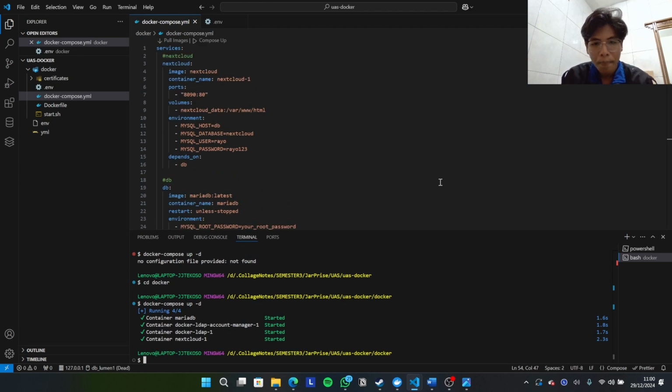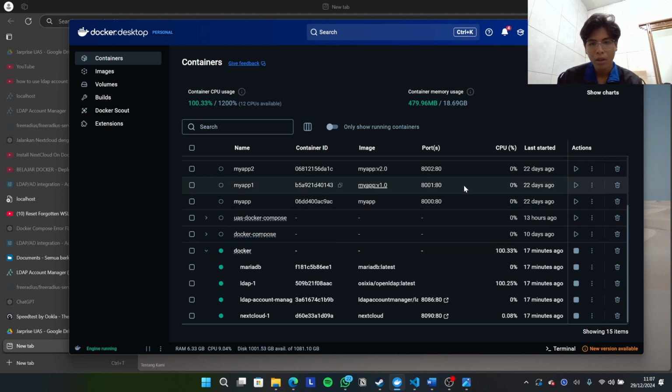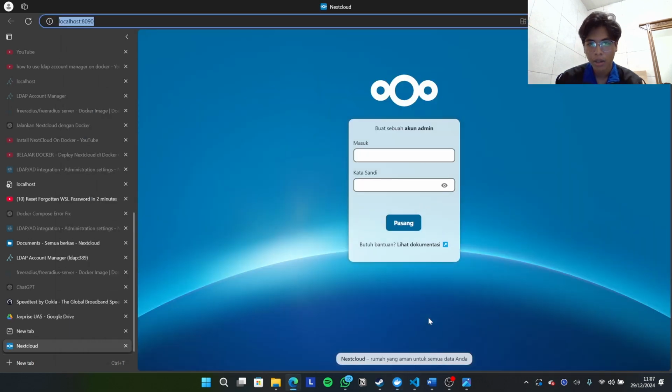After all of the containers are running, the first one we need to check is the Nextcloud. Is it already running or not? We can click here and create an admin user.